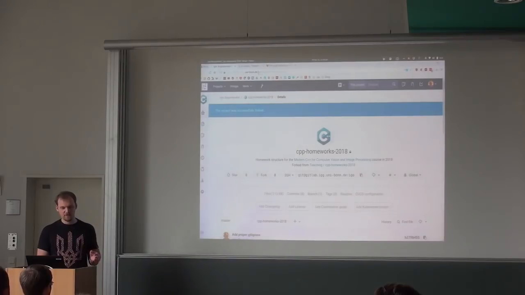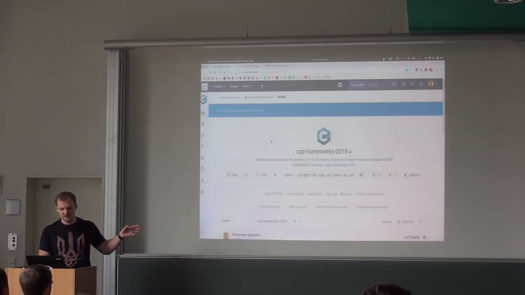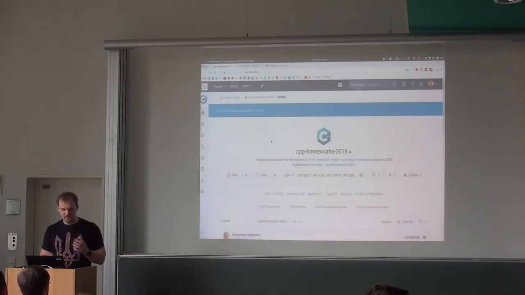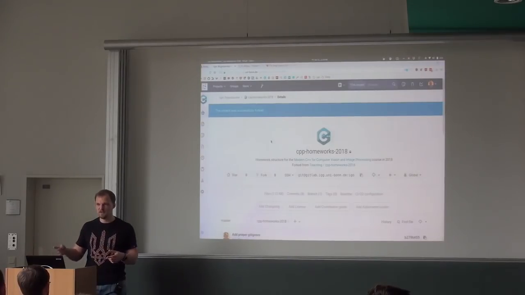If you don't see it now on the slide, but before it was in the teaching namespace, now it's in your user namespace. Whatever your username is going to be there. And now this is your own repository. You can do whatever you want with it. You can remove everything, you can add stuff to it, and so on. And this is the way you will be doing the homework. You will clone this repository to a local file system. You will modify files there, and you will push it to your own remote repository over here.